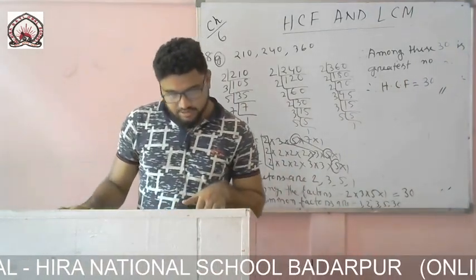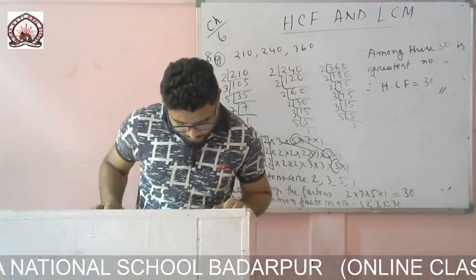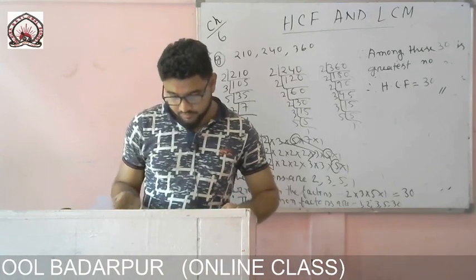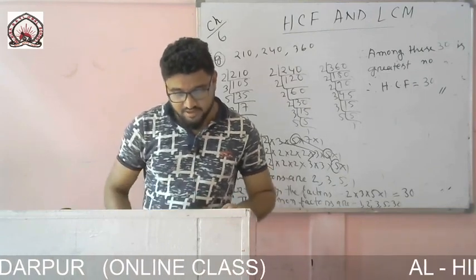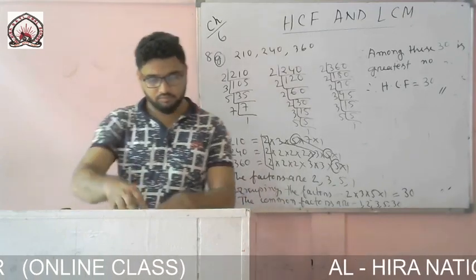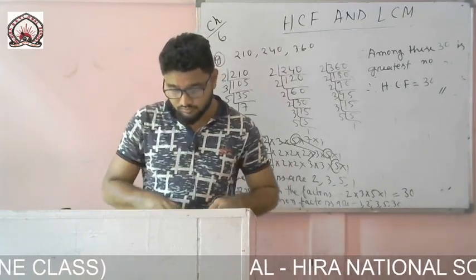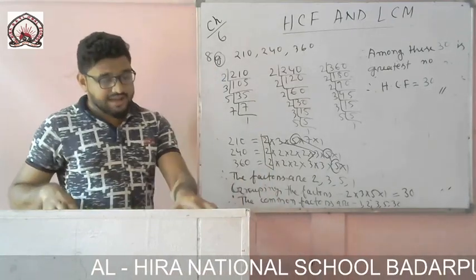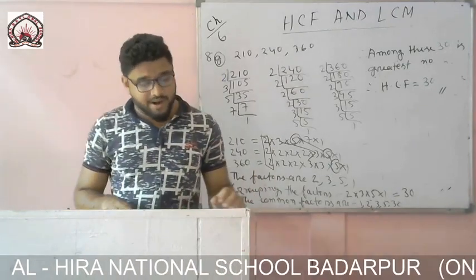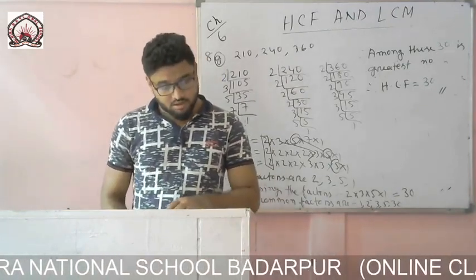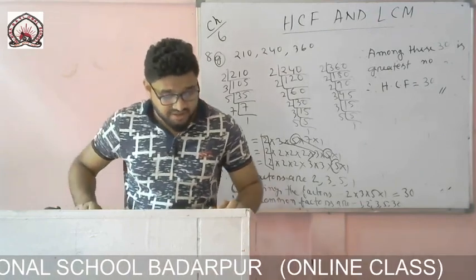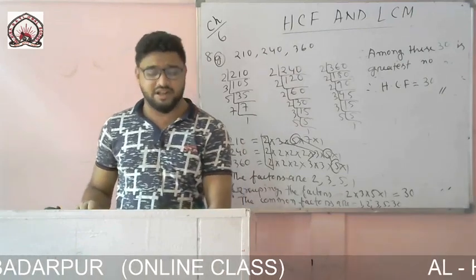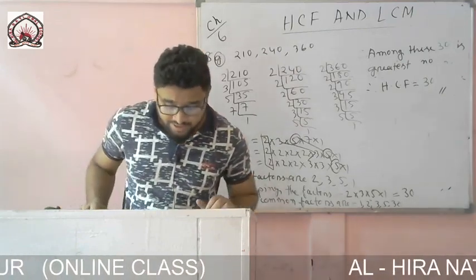So the rest, 2 or 3 questions, all of you practice. Okay. And now come to exercise 6B. So in exercise 6B what sums are there? We need to find the solution. So see the question. Find the greatest number that will divide 54 and 81 without leaving a remainder.